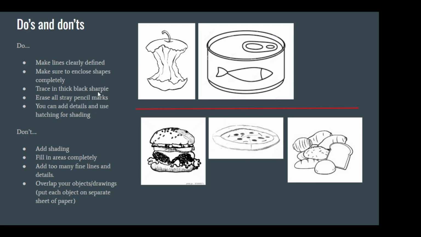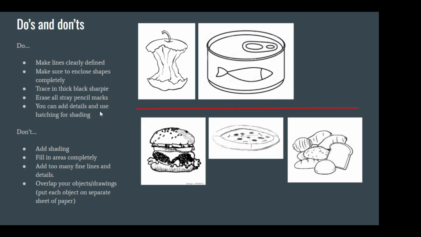See me before you do this, because I will want to check your drawings before you trace it. Once you trace it in that black Sharpie, you're then going to erase all of your pencil marks. So make sure that you erase all your straight pencil marks, because if you don't, on those scanned in images, when you image trace it in Illustrator, it's going to pick up those pencil lines and it's going to record those when you don't want them to.